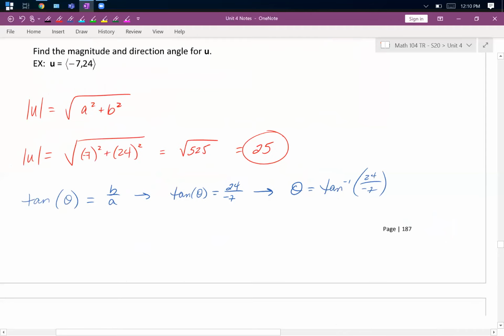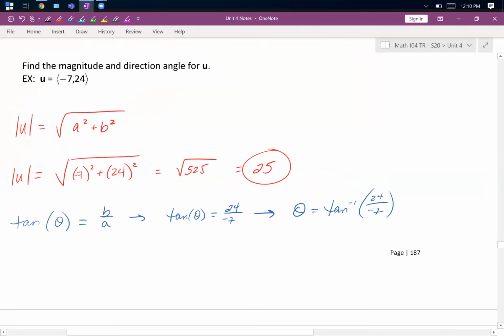Well, I'd love it if somebody could plug this in their calculator, because we're going to get something that we need to work with here at the end. So if somebody could give me this actual value in their calculator. James already beat you to it in the chat. I think I'm just going to go to hundredths here. All right, so we get